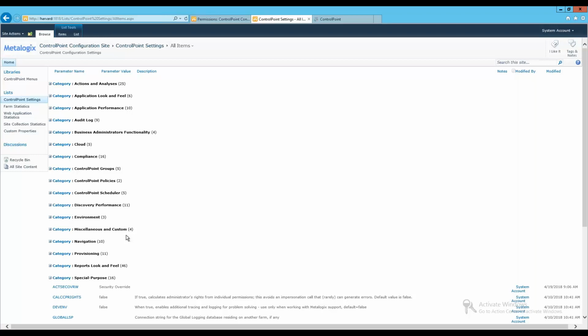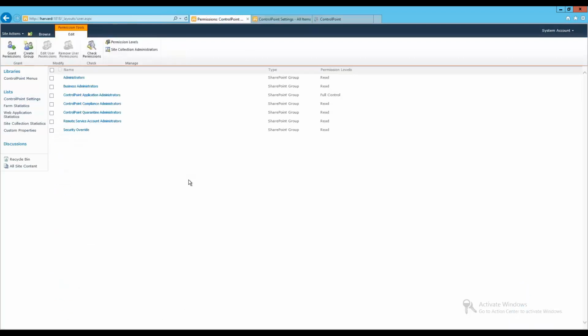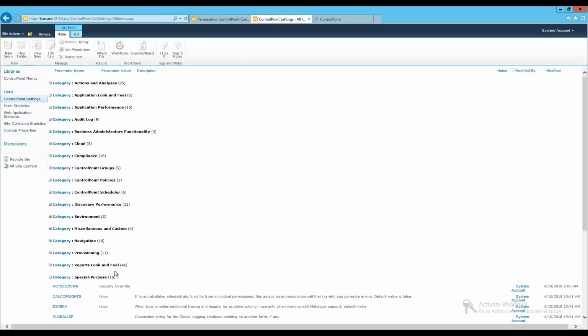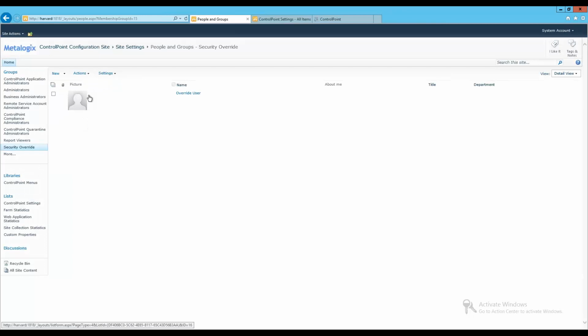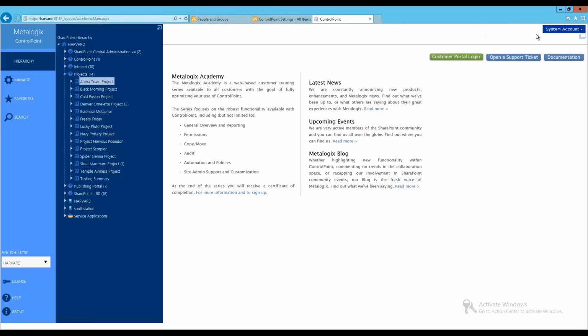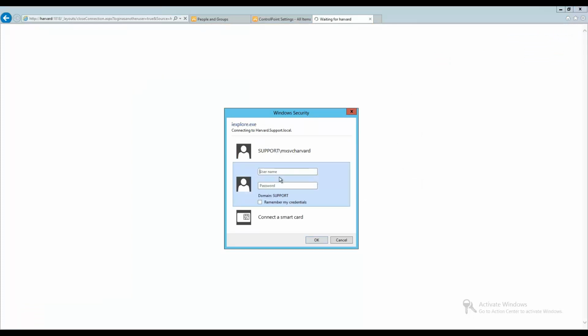Basically, that means that the value of the parameter represents a SharePoint group that exists on the ControlPoint configuration site. That's a SharePoint group, not an Active Directory group or an individual user that's got direct read permissions to the ControlPoint configuration site. It explicitly looks for a SharePoint group that matches the name of what you see here. So if I go into this security override group, I've created a demonstration user, and we'll go through, and if we log in as that user,